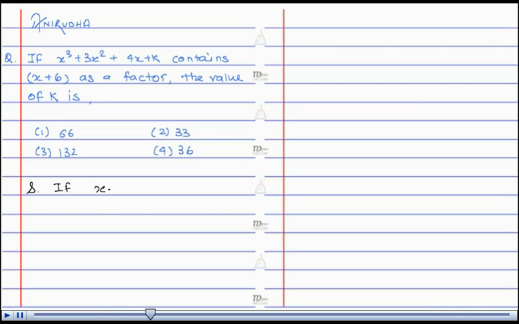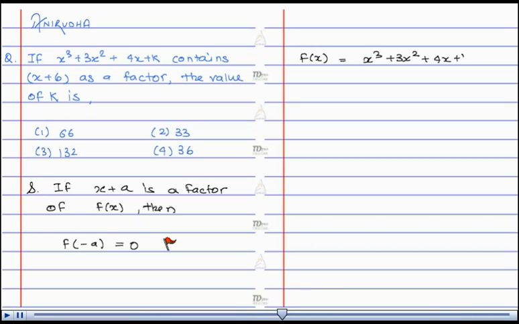if x plus a is a factor of f of x, then f of minus a is equal to 0. Here we are given f of x is equal to x cube plus 3x square plus 4x plus k, and a is given to be equal to 6, and therefore f of minus 6 must be equal to 0, or